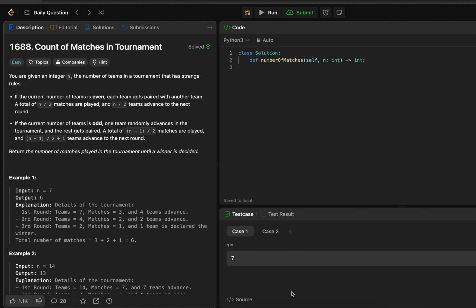You're given an integer n, the number of teams in a tournament that has strange rules. If the current number of teams is even, each team gets paired with another team. A total of n divided by 2 matches are played, and n divided by 2 teams advance to the next round. If the current number of teams is odd, one team randomly advances in the tournament and the rest get